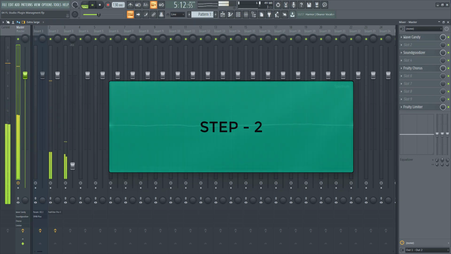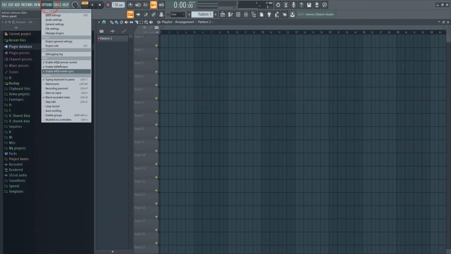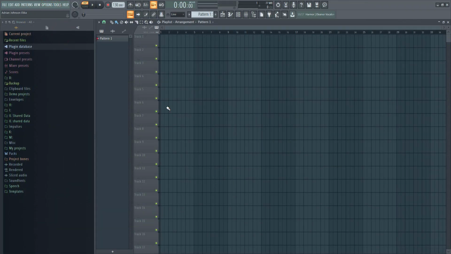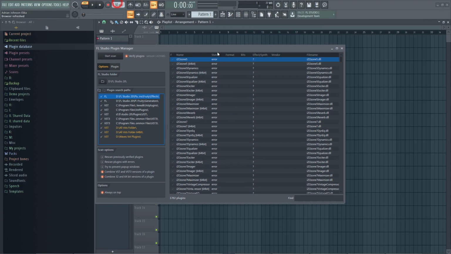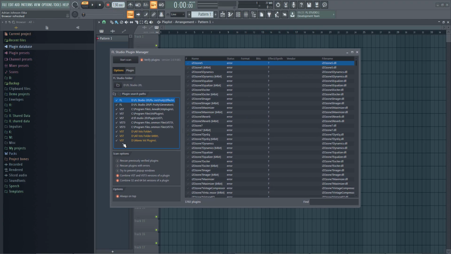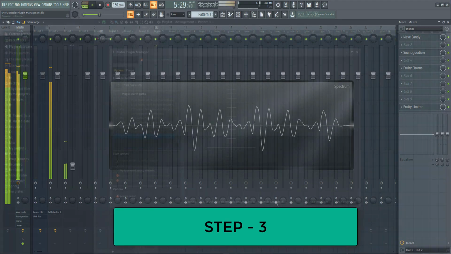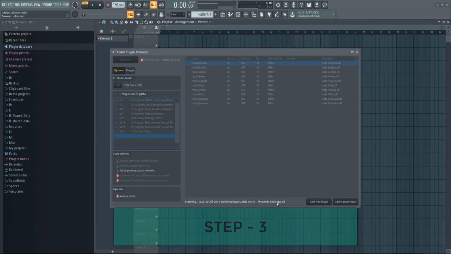Okay guys, step 2. Launch FL Studio 20 and then launch the plugin manager in it from the options menu. Step 3. Start scan for the installed plugins.